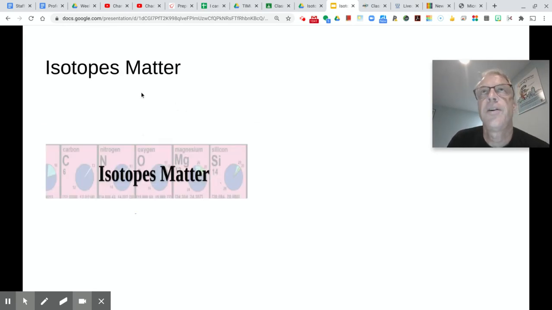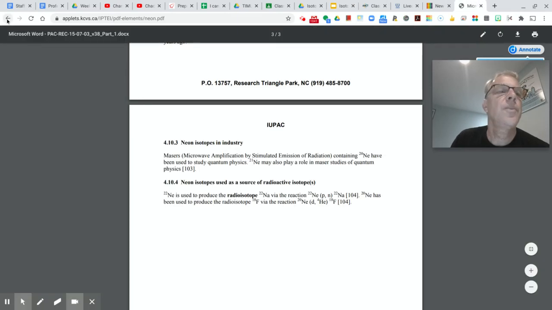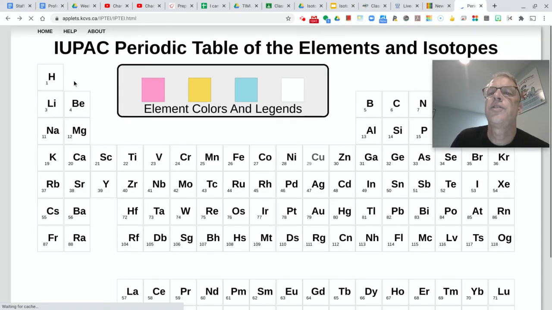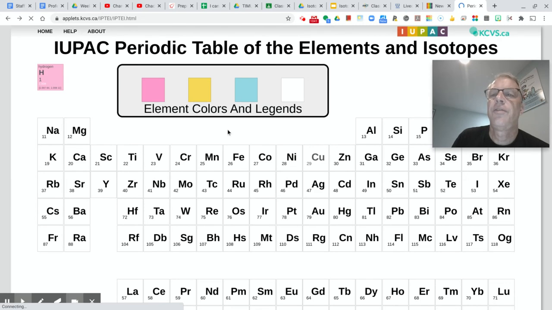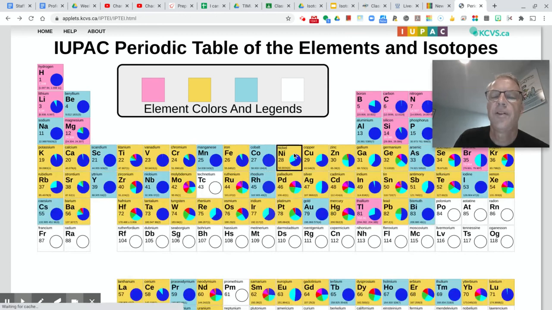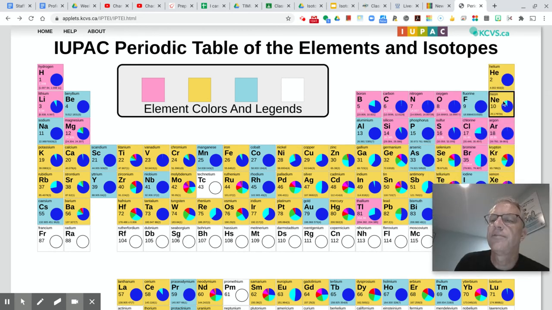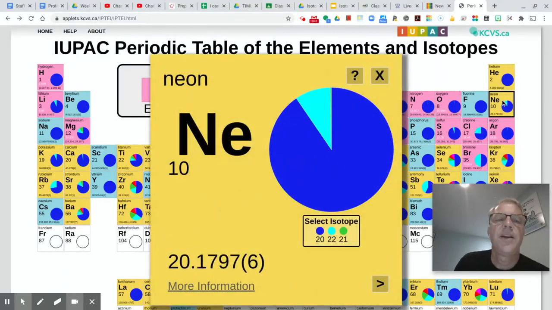The International Union of Pure and Applied Chemistry, otherwise known as IUPAC, puts it together. It's a little more user friendly. Let me get it here for you. It's a user friendly version of learning about isotopes. So, for instance, if we were to click on neon, it just has some really